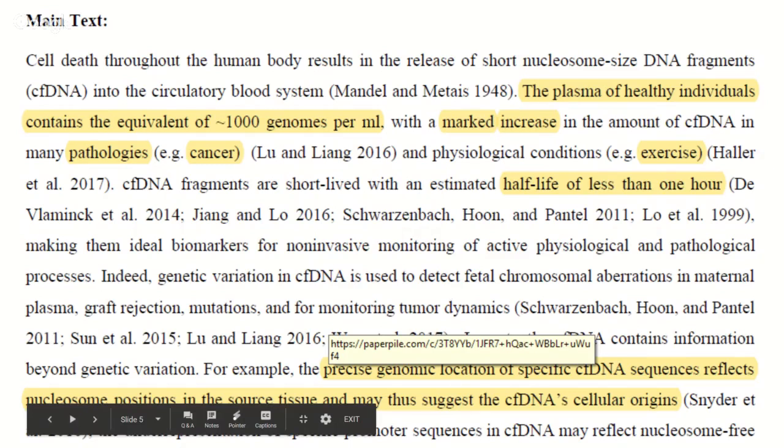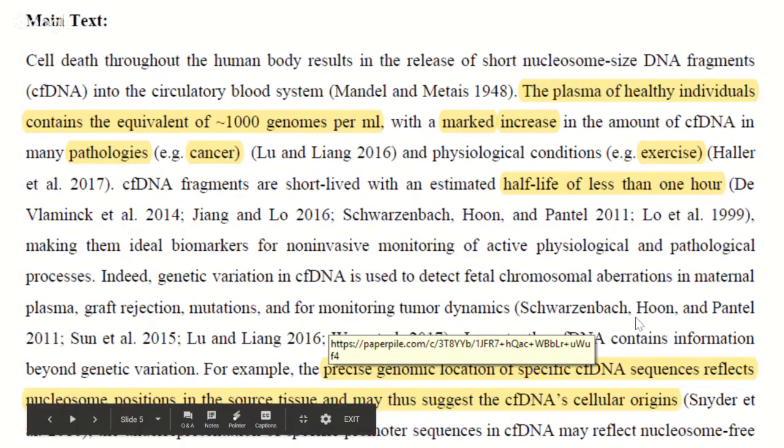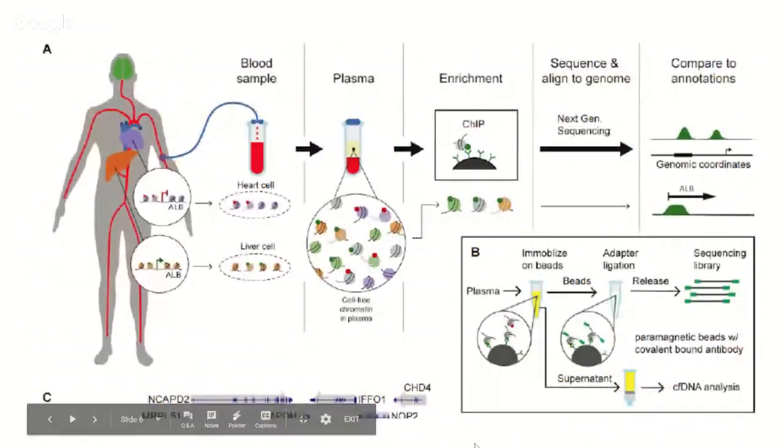And then they say, what can we do when we look at this DNA? They say the precise genomic location of specific cfDNA samples reflects their nucleosome position where they fall in the genome, which they say allows us to identify the source tissue and then suggest the cfDNA cellular origin. Now,